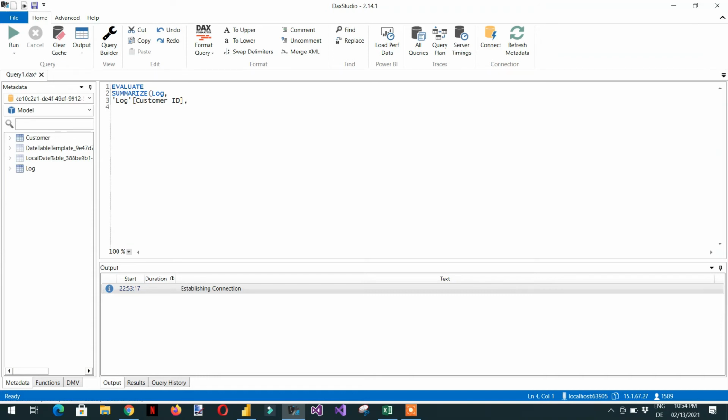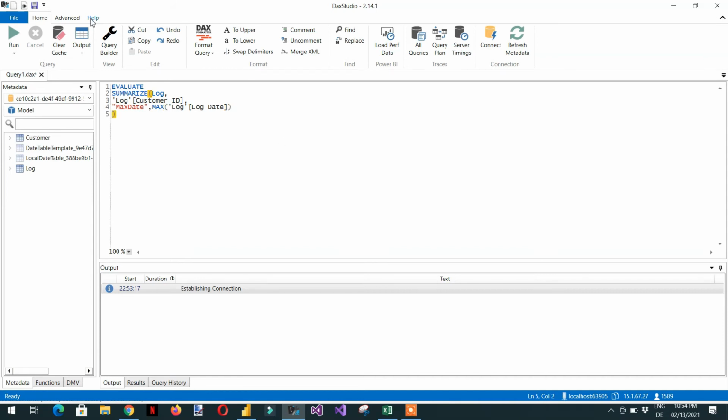Then we need the aggregated column. The name will be like max date, and we use the function MAX, and the name of the column will be log date.